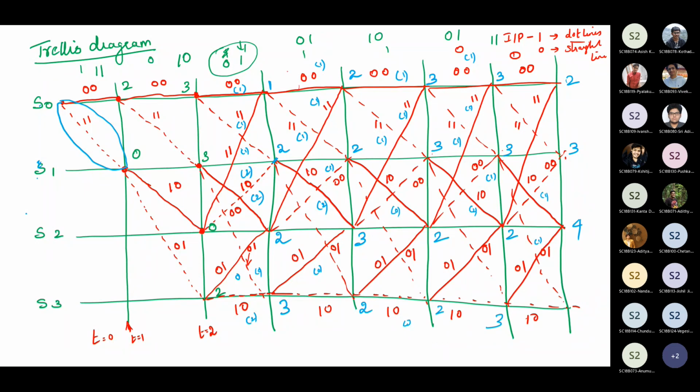So the minimum value is 0. Next one from here 1 and 2. So you see the minimum value is 1. Next from this line 2, here also 2. So I am just picking here the value 0 0. Okay, this line I am randomly choosing. So here it is 0 0.